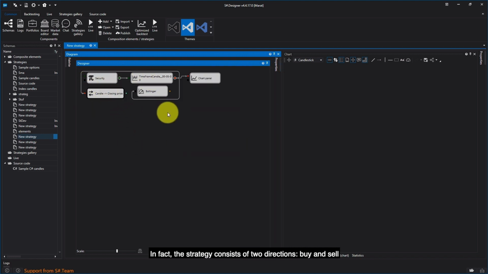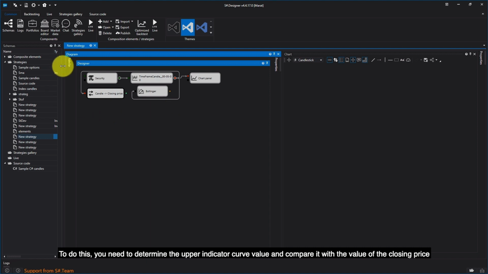In fact, the strategy consists of two directions, buy and sell. In order to simplify the understanding of the schema building, we will build it in stages. Let's start with a buy direction. The strategy buys if the candle crosses the upper curve of the Bollinger indicator. Accordingly, its value is greater than the indicator value. To do this, you need to determine the upper indicator curve value and compare it with the value of the